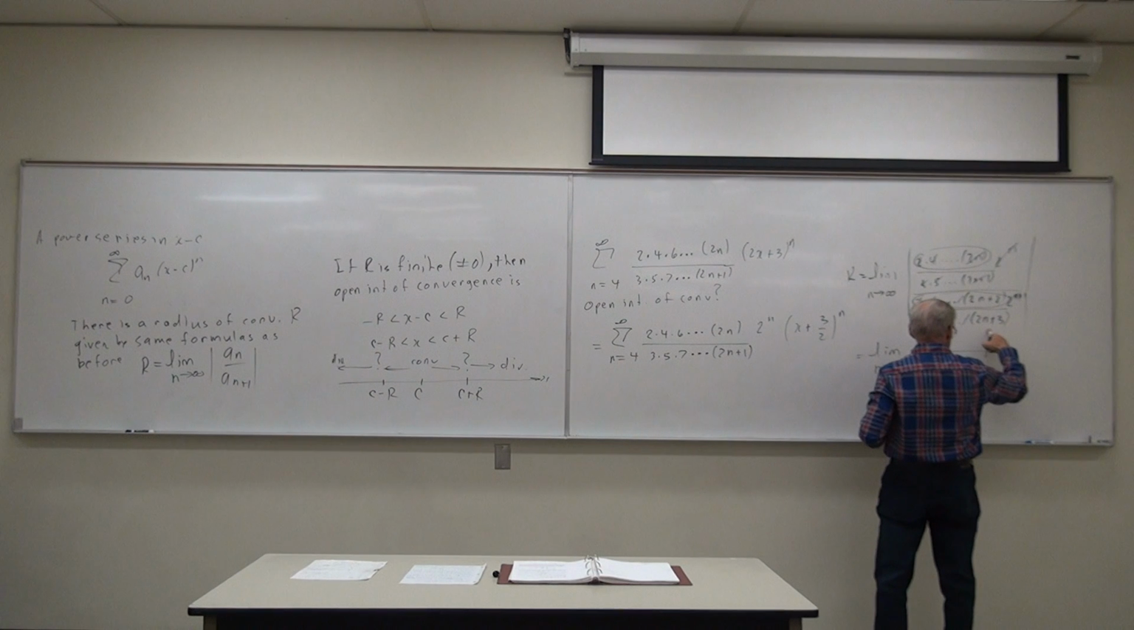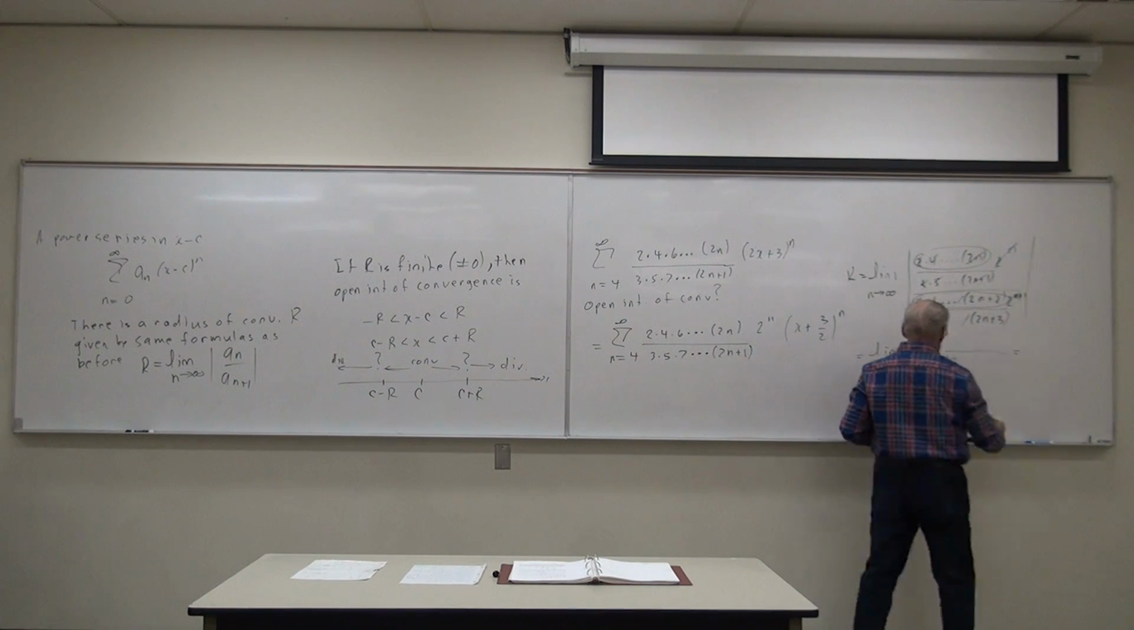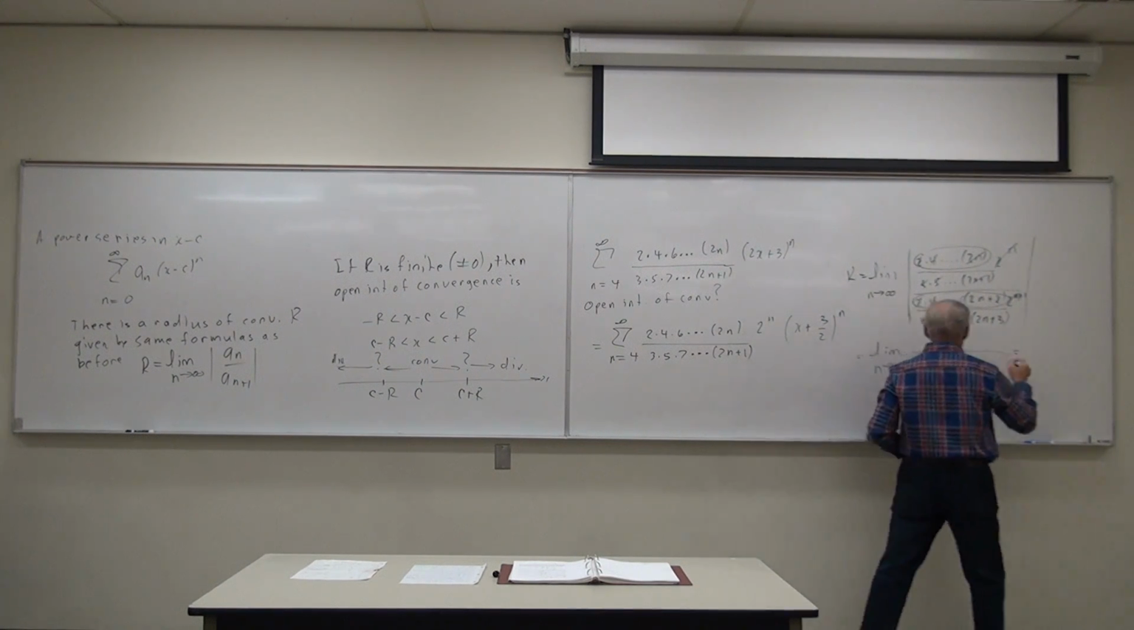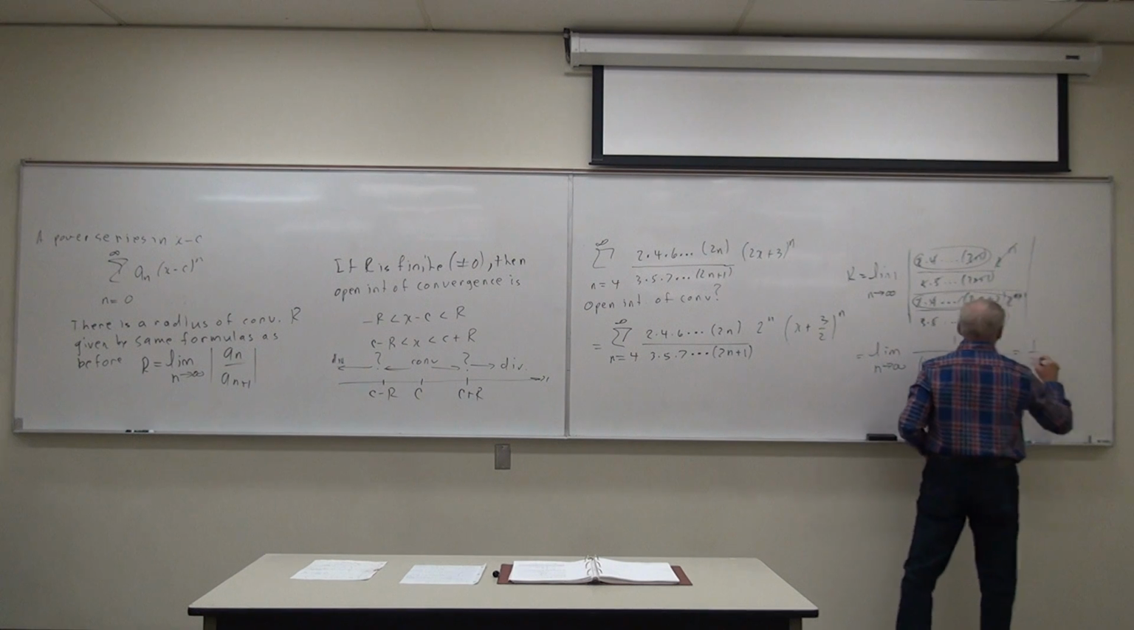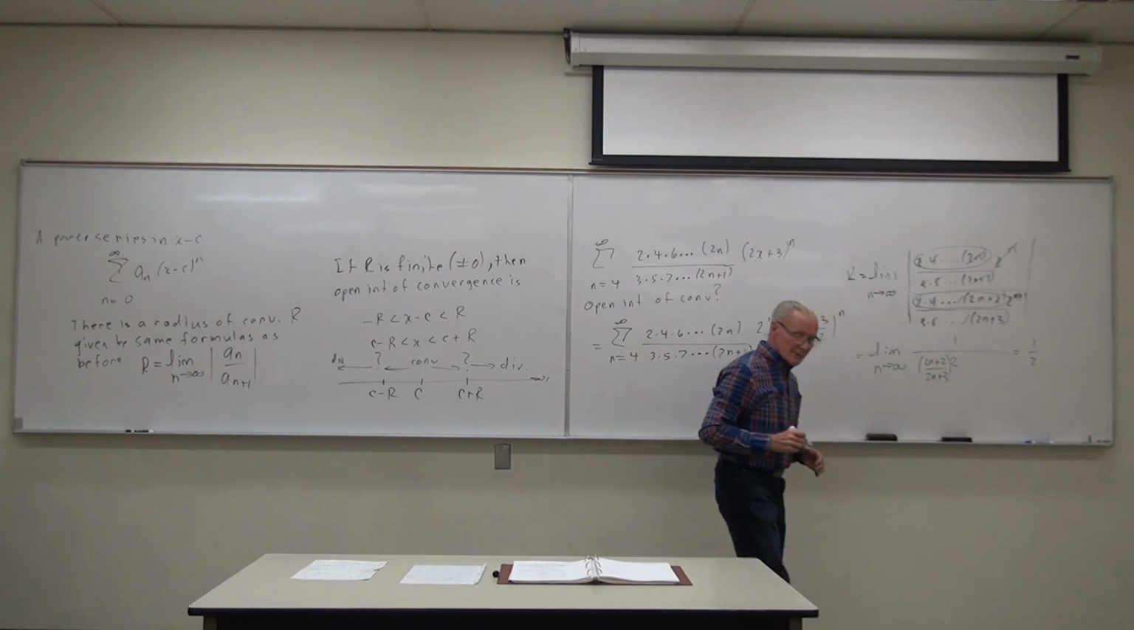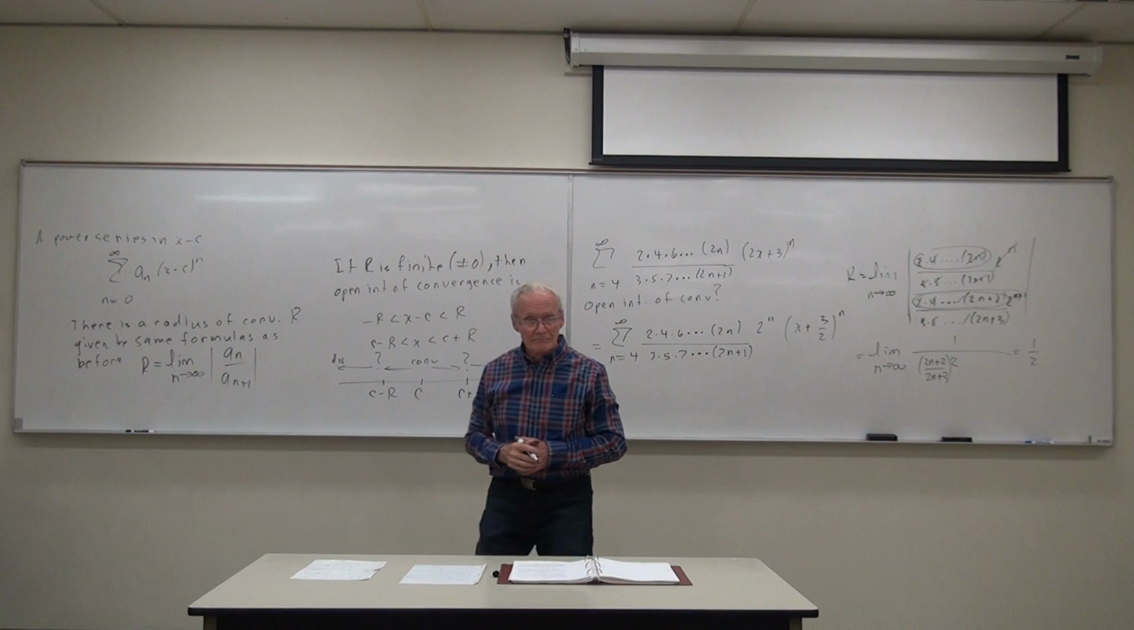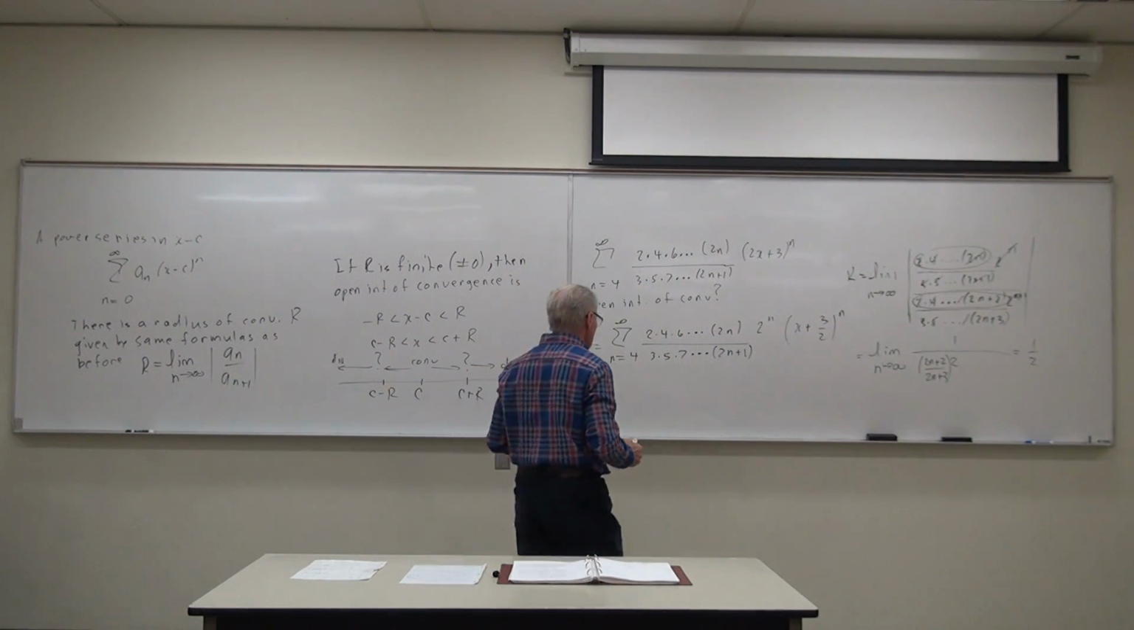So that survives, that survives, and that survives. That limit is, this much is 1, so there's 1 on top, 1/2. So the limit is 1/2. So what can we now say? Therefore,